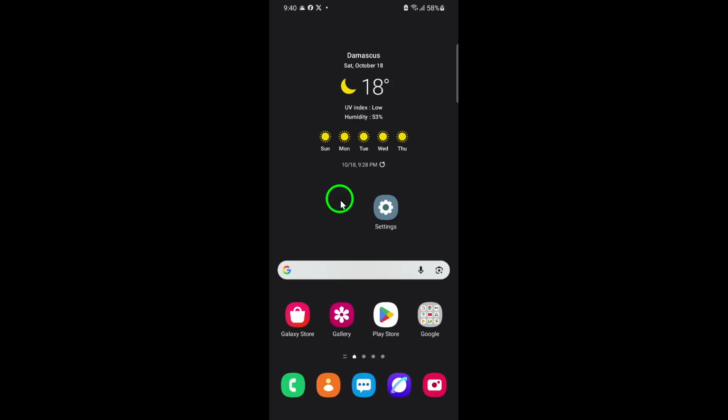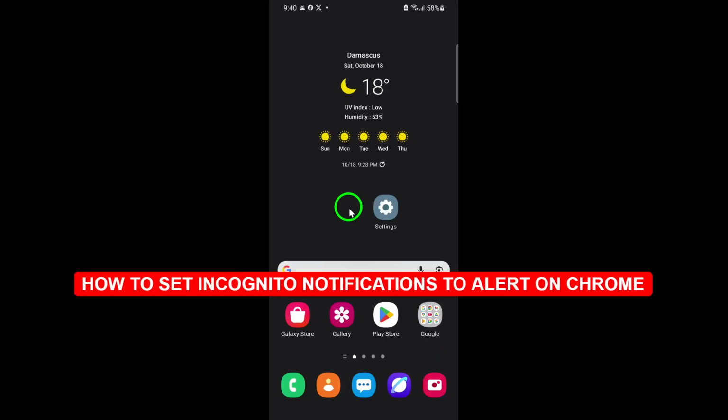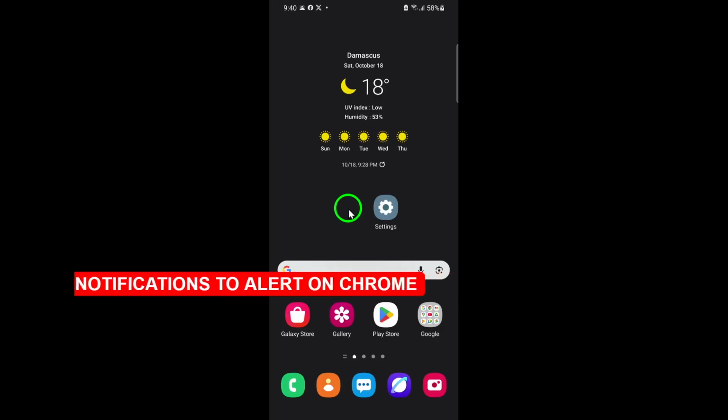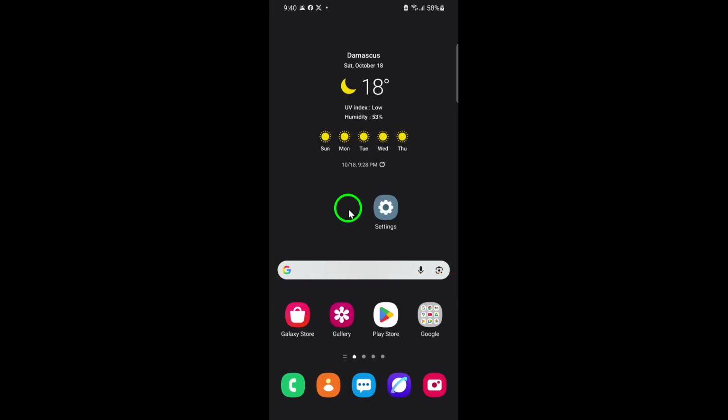Welcome. If you've ever used Chrome's Incognito mode on your phone, you might have noticed that by default, notifications from Incognito sessions are kept quiet. While that can be useful for privacy, there are times when you might prefer to be alerted right away. In this guide, I'll walk you step by step through the updated process of making sure your Incognito notifications get